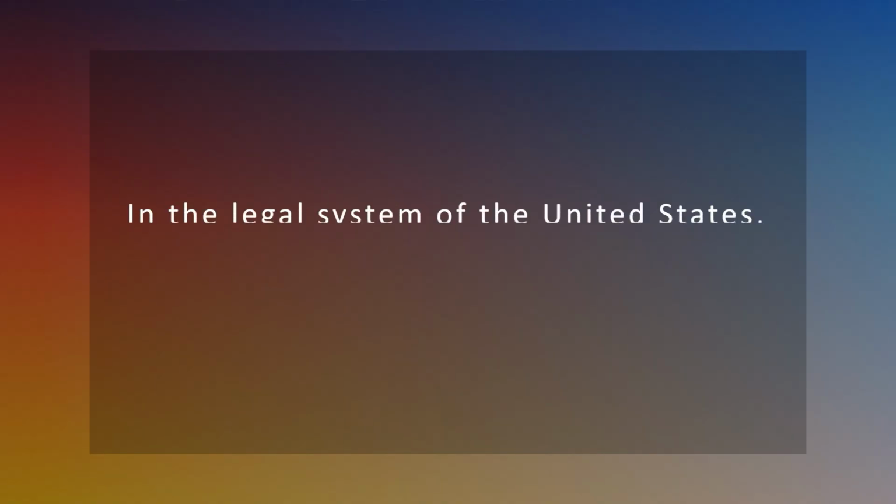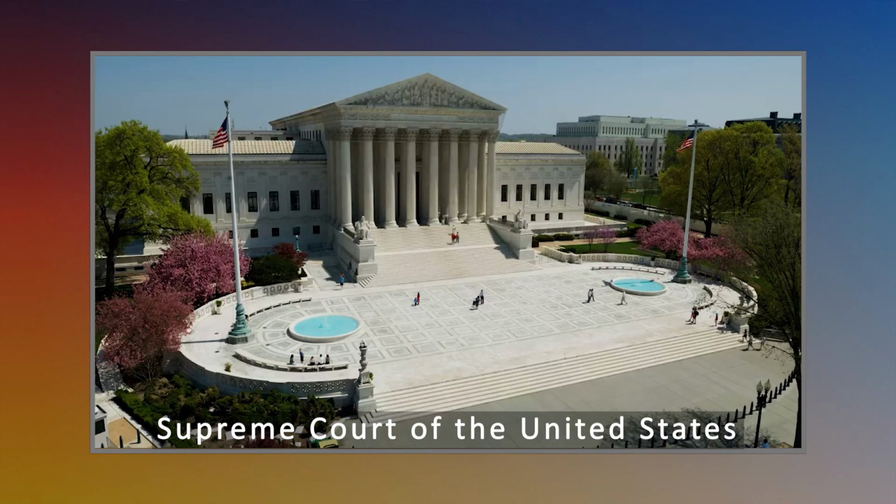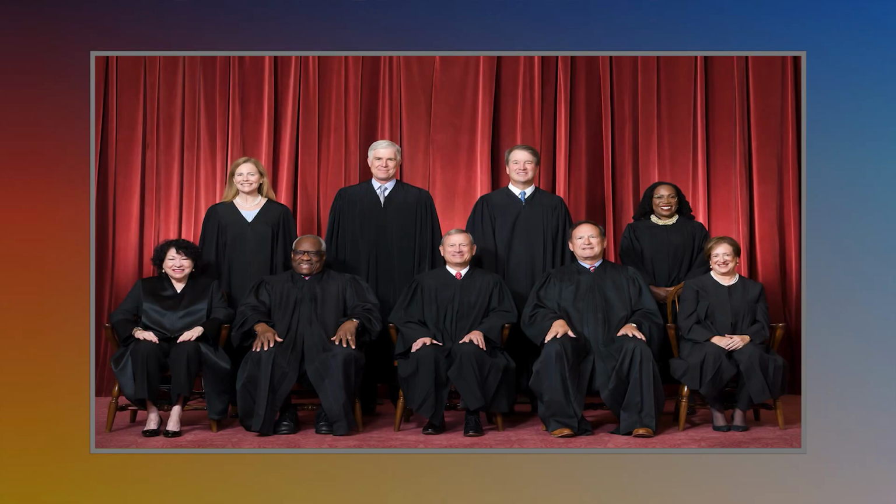In the legal system of the United States, the Supreme Court is the final interpreter of federal constitutional law, although it may only act within the context of a case in which it has jurisdiction. The court meets in the United States Supreme Court building in Washington, D.C. and consists of a Chief Justice and 8 Associate Justices who are nominated by the President and confirmed by the